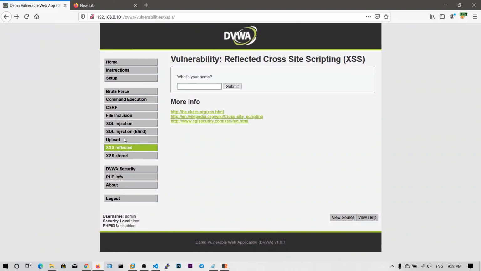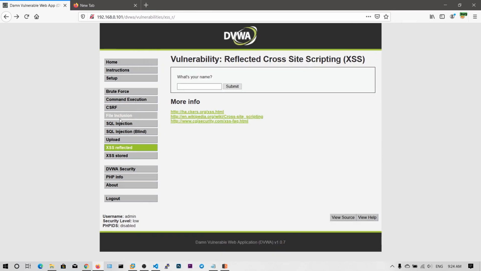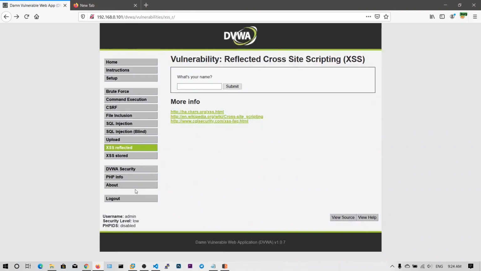What you can do is, you need to first upload a file to this web server, say an HTML file, and then you will say window.location.href, and the path to this HTML file you have uploaded. It's like google.com slash index.html or temp.html. So whenever you go to the page, it will be redirected to this HTML file you have uploaded. So you can see access stored, and you can see google.com. So that's how you will get the redirection.